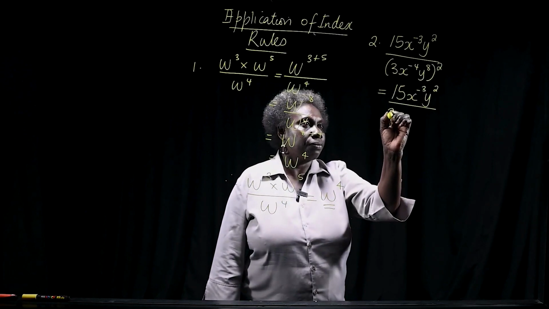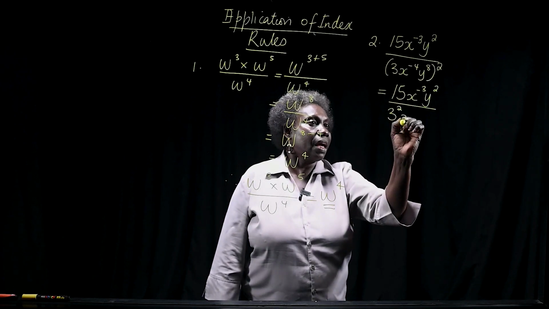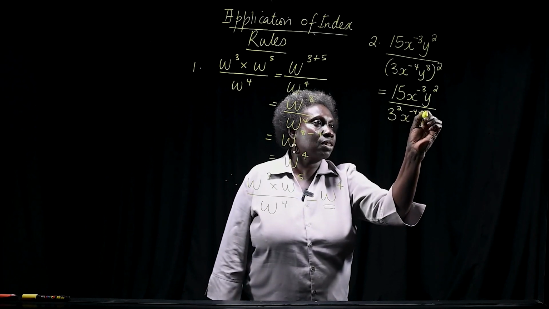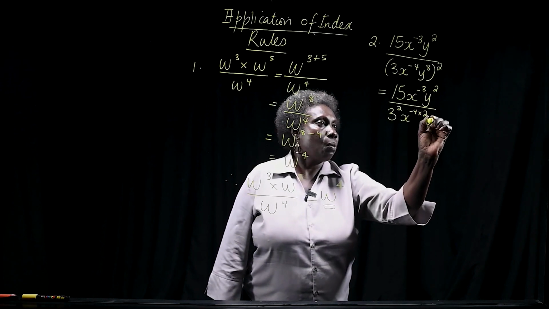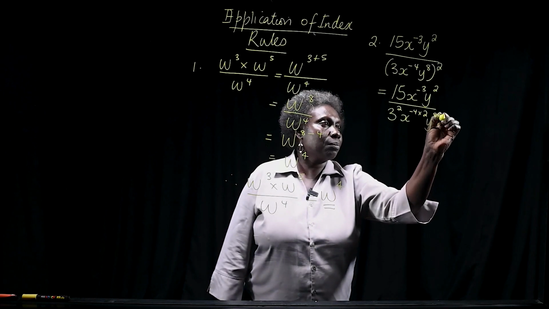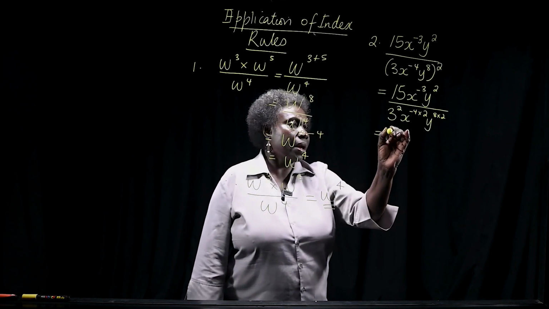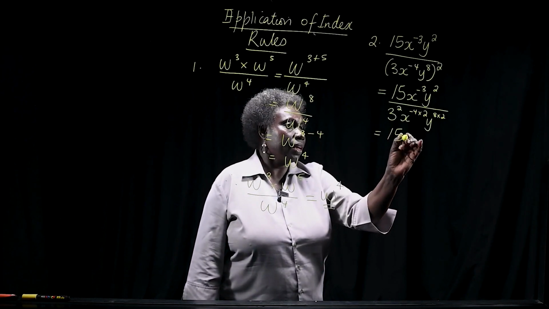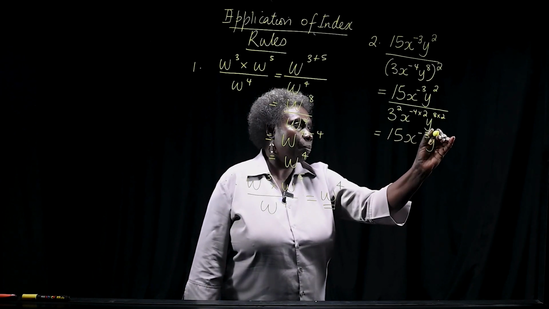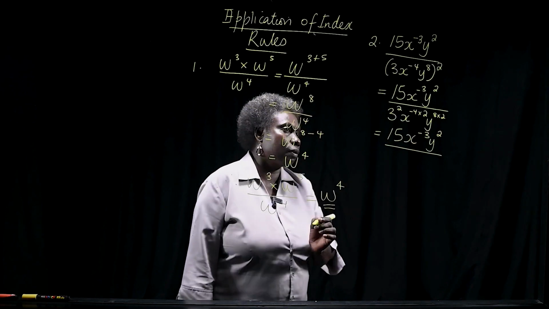So I have 3 to the power of 2, okay, x to the power of negative 4 times 2, y to the power of 8 times 2. So, now I have 15x to the power of negative 3 y to the power of 2 over 3 to the power of 2